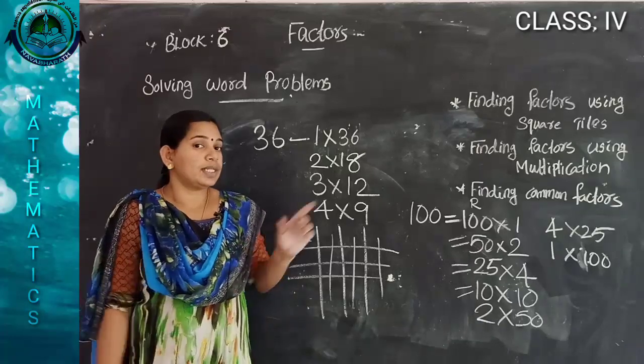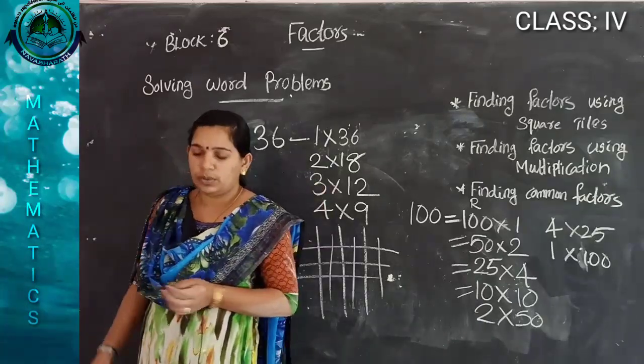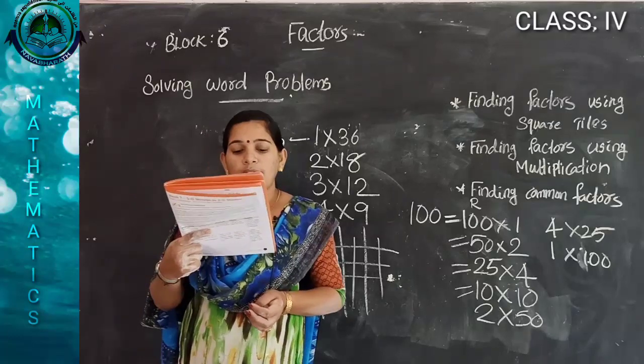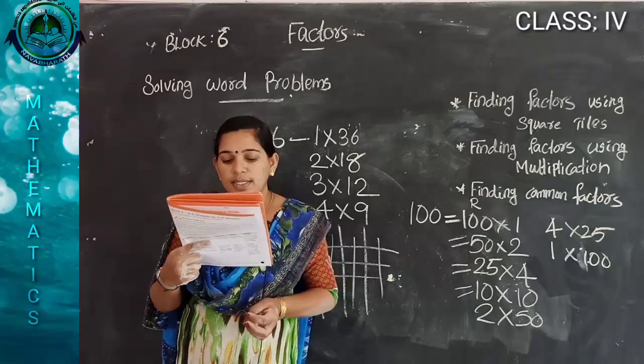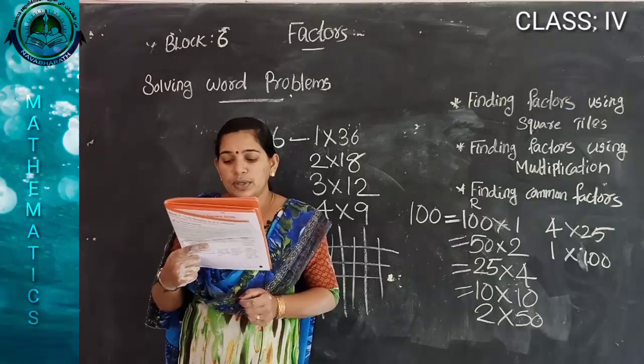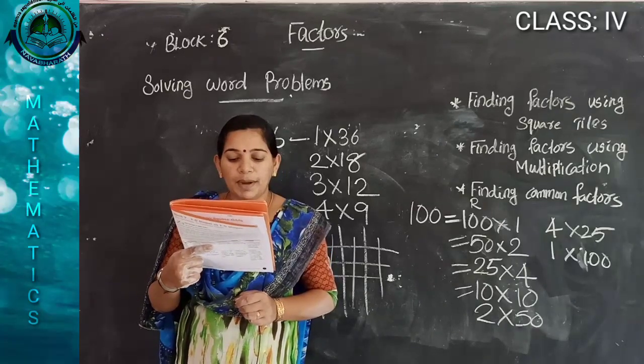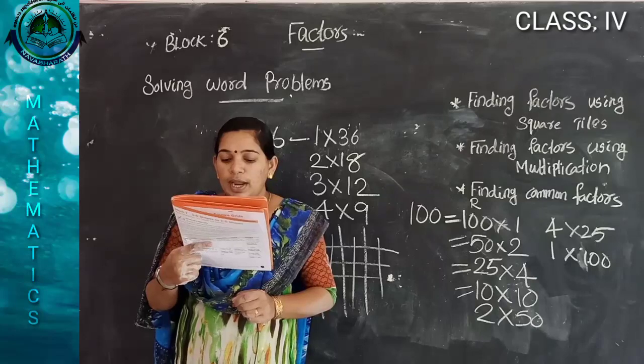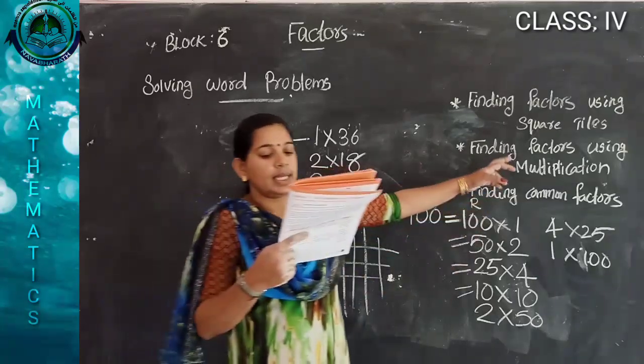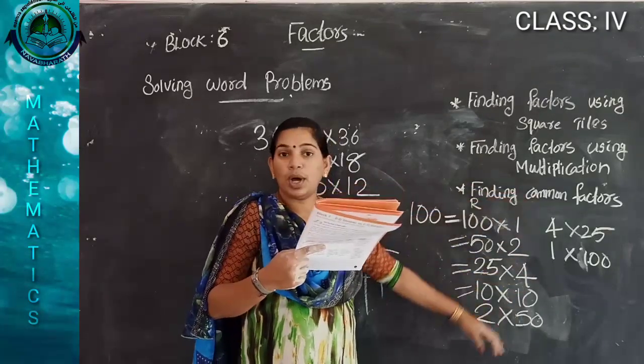So first we are doing some problems here. That way you will find out. Kajal wants to plant 60 flowers in her garden in rows and columns such that each row has an equal number of plants. What are the different ways she can plant these flowers? This way you are arranged.